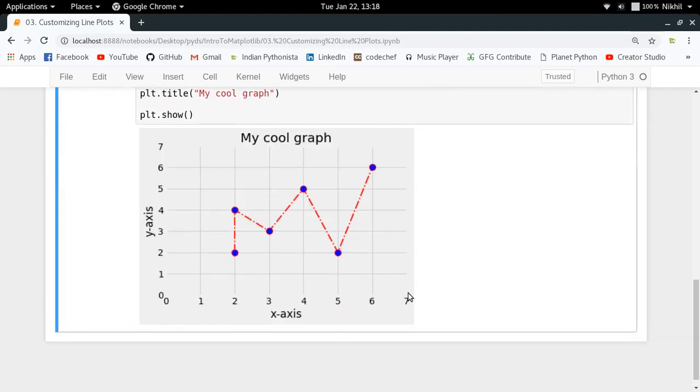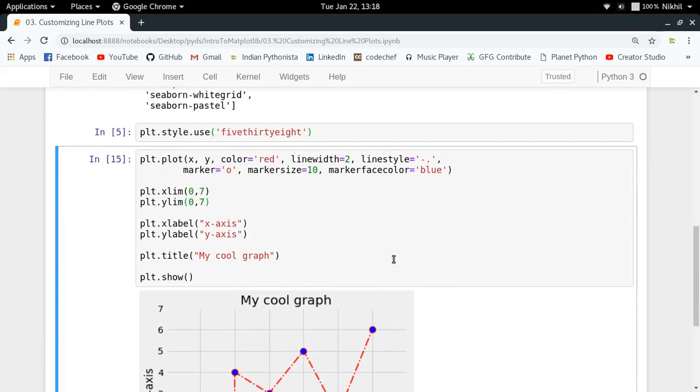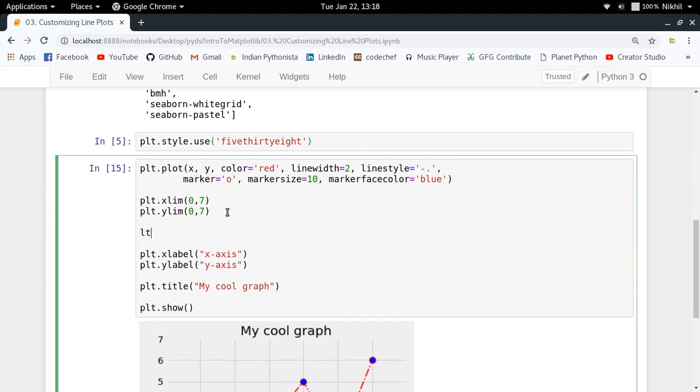And also you might want to, let's say, change the number of ticks that you are having here. So for example, you are having x-axis ticks as 0, 1, 2, 3, 4, 5, 6, 7. But let's say you want to have the precision of, let's say, 0.5. Like you want to have 0, 0.5, 1, 1.5, 2, and so on. So basically it is a range of 0 to 7 with steps of 0.5. That is what you want to have here. So how you can do that is just put plt.xticks. So plt.xticks is a function which takes a sequence of values, and those values are ticked along your